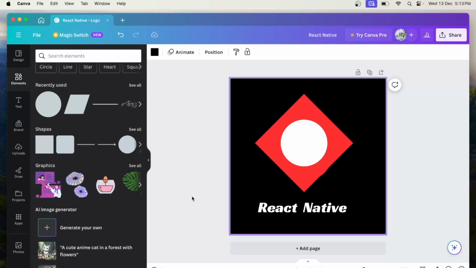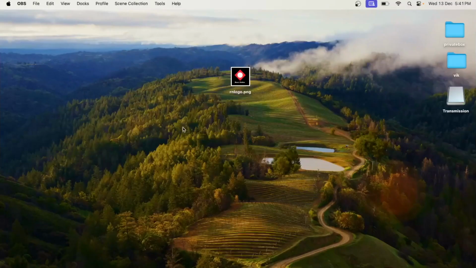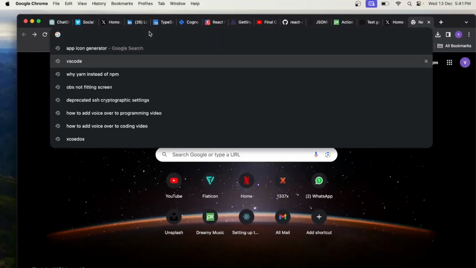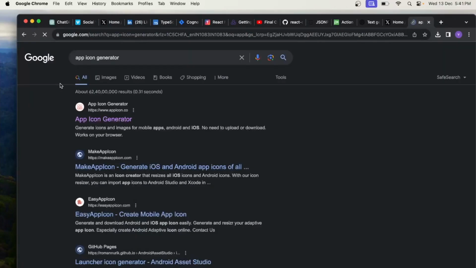So we will go to the app icon generator site, and there we will create our assets. Okay, so now we will place this logo there, and then we will generate the assets for our icons so that we can place them one by one in our Xcode. Okay, so let's go to the browser, type here app icon generator,